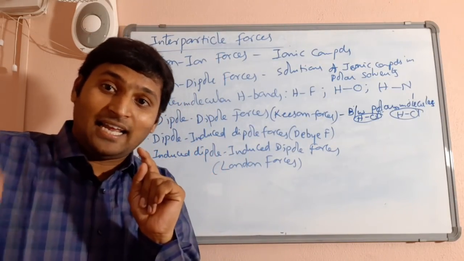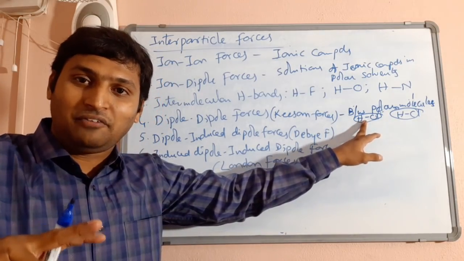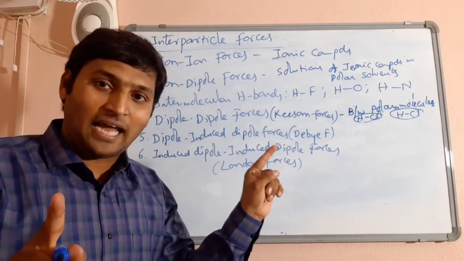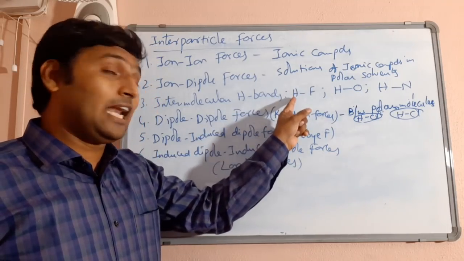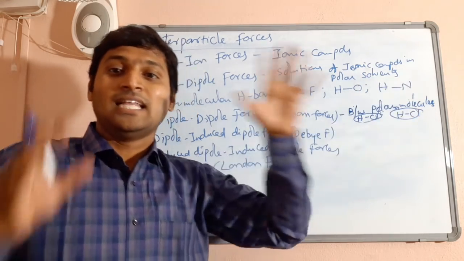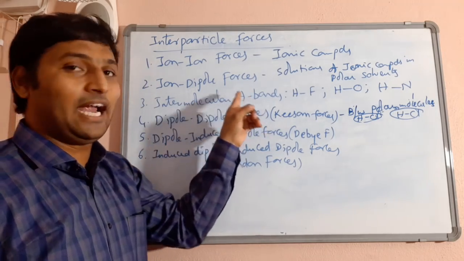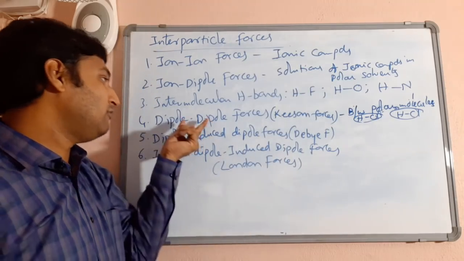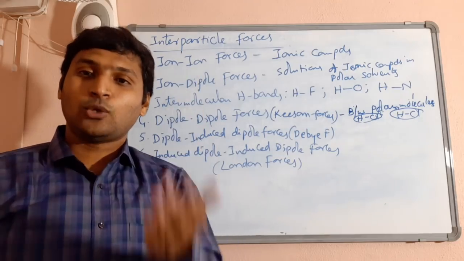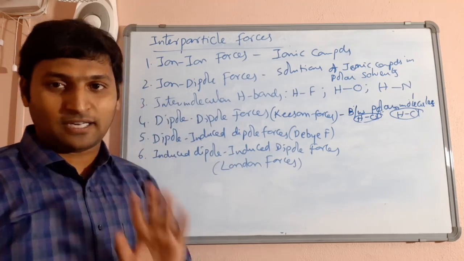So, there is polarity, and the polarity is due to any difference in electronegativity between any other atoms, then it is dipole-dipole forces. There is polarity, and the polarity is due to difference in electronegativity between hydrogen and fluorine, or hydrogen and oxygen, or hydrogen and nitrogen, then there is intermolecular hydrogen bonding. So please understand, intermolecular hydrogen bonding is an extreme case of dipole-dipole forces. I know you have learnt intermolecular hydrogen bonding already, and you will get more examples when we go forward. But I want you to understand this difference very clearly.